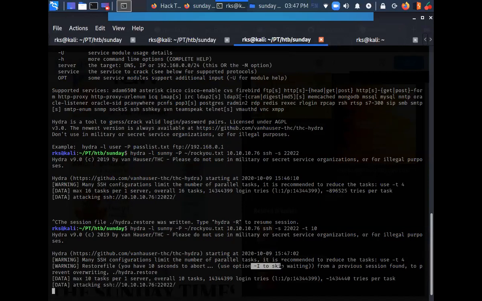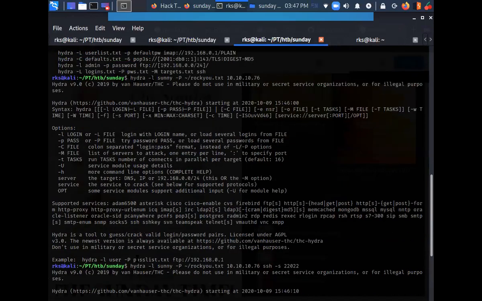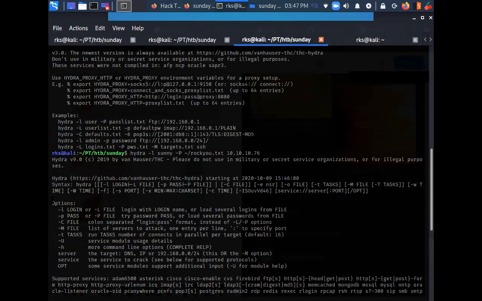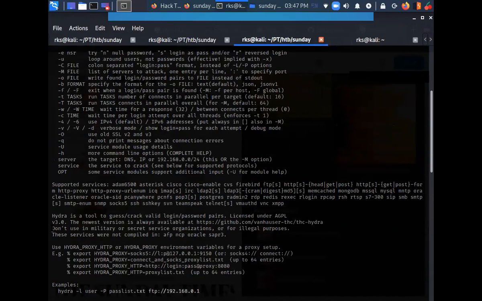I can use -I as well, -I to skip waiting. What else can I use? -V for verbosity.